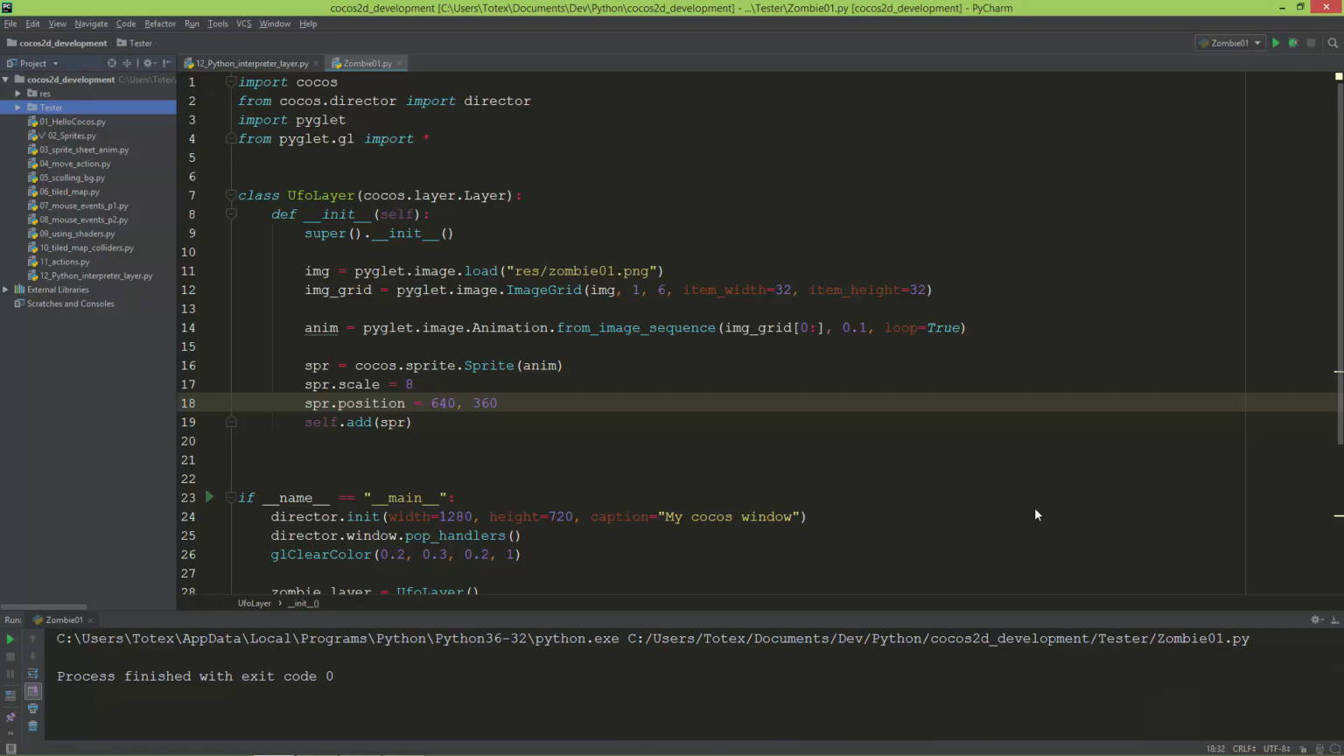In this video, I'm just going to talk a little bit about the Python interpreter layer and how to use it. But before I continue, last week I